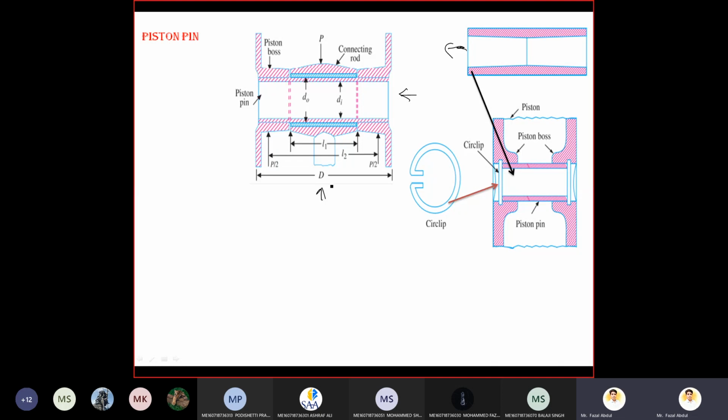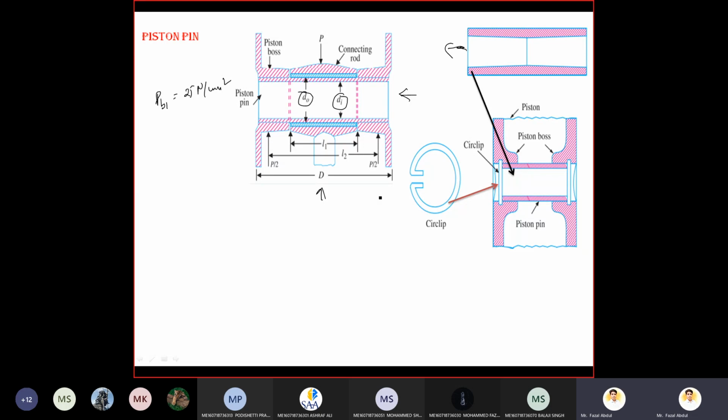Okay. Now here we are designing the piston pin. To design the piston pin, what parameters do we need to take into consideration before designing? Terminology: D naught is the outside diameter of the piston pin, Di is the inside diameter of the piston pin, and L1 is the length of the piston pin in the bush. PB1 is the bearing pressure at the small end of the connecting rod. Its value is 25 Newton per mm square. Okay, these are the terminology.